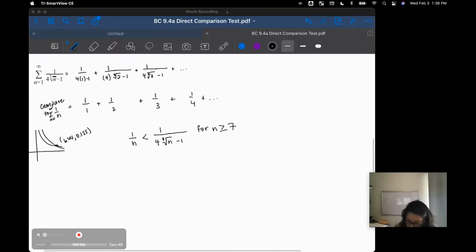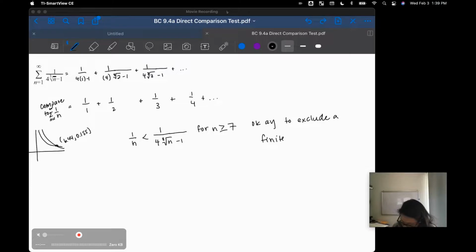We're just using whole number positive integers here, because we're plugging in term numbers. So it's okay to exclude a finite number of terms,